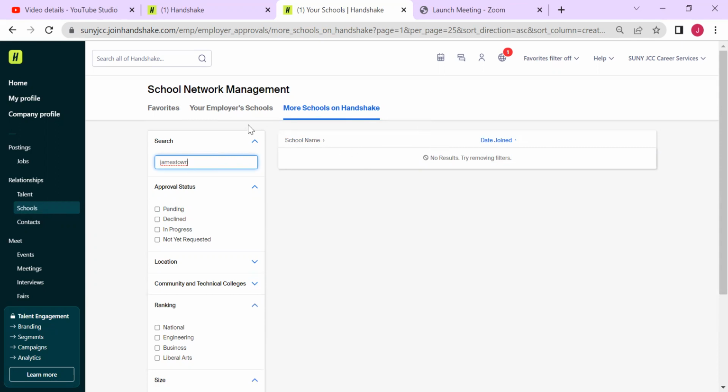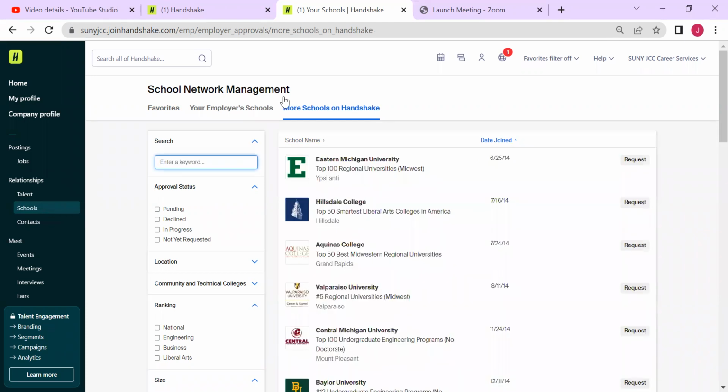Because this account is already connected with JCC, that's why it's not showing up here. But again, if we were not connected, it would show up here. There would be a blue button over on this side that says request to connect, and you would simply just hit that button. So once you are connected with the school and any other school you would like to be connected with, if you come under relationships and you hit talent,